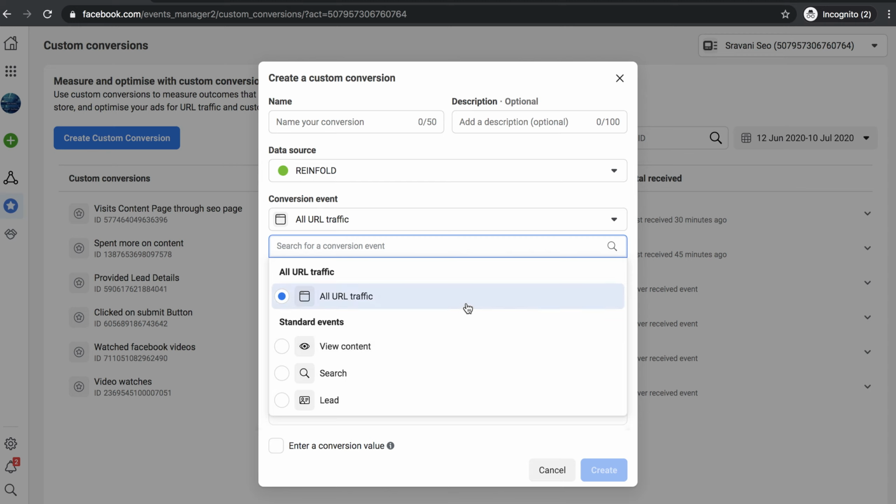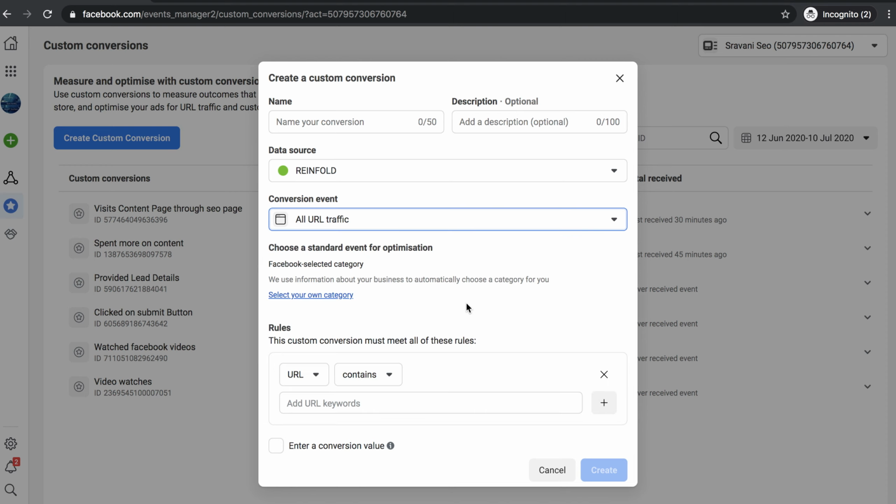First of all, let's see the URL traffic, for a particular website URL. I am going to check the search action, that means those who have performed the search action on a specific page of my website.